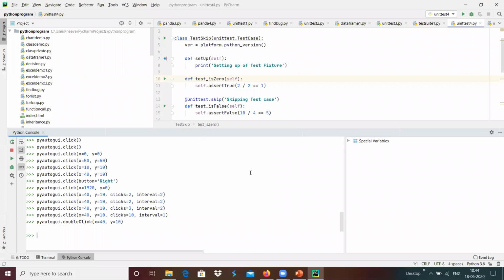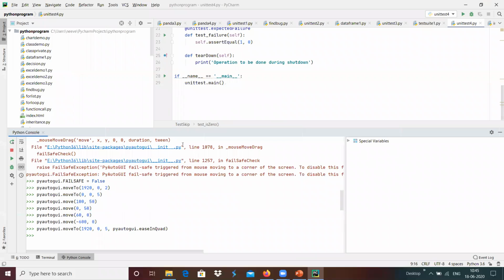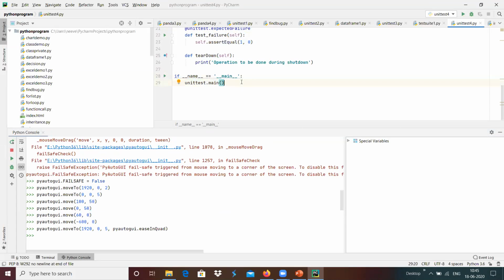For example, if I do something like drag and drop, it will be like this. Maybe I'm going to do the same over here. If I do that mouse drag, it will be like this, and maybe we can see how it works.